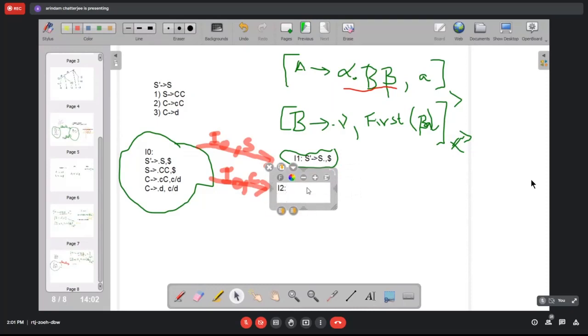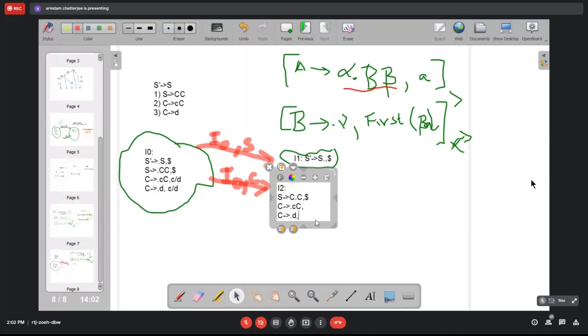So here we have S producing capital C dot C, comma, dollar. That is, of course, going to be coming from the I0 set of items. Now we have to close on C. So C produces two items, dot c, capital C, comma something, and dot d, comma something.